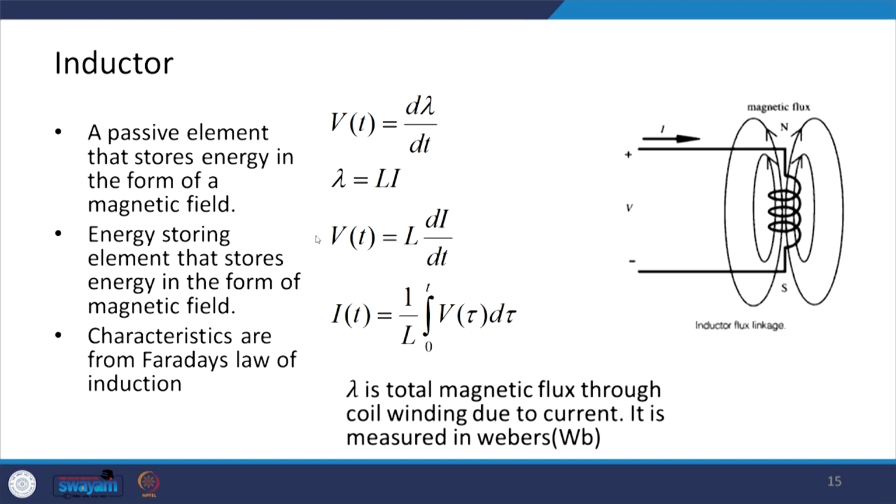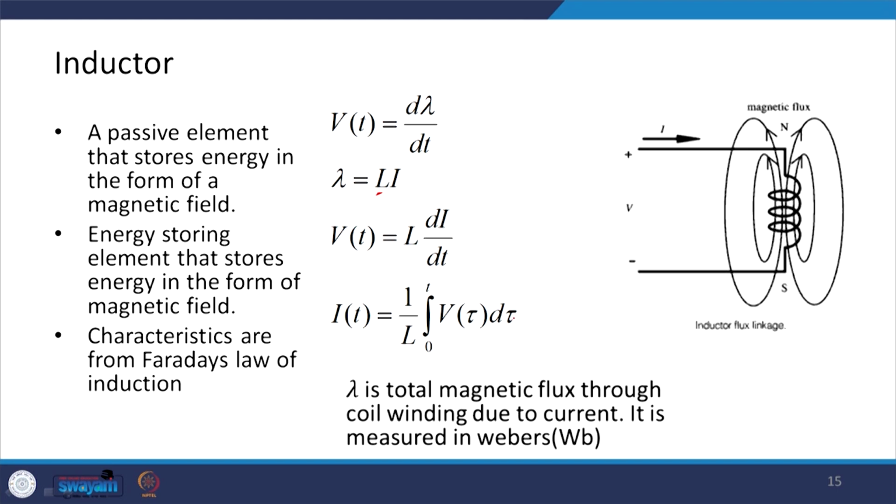So, Faraday's law of induction says that the voltage is dλ/dt, where λ is the total magnetic flux through a coil winding due to the current. Okay. And this magnetic flux is proportional to the current, and if I replace that proportionality symbol with a constant, we define the inductance of the material, that is L. Okay. So, we have v(t) = L di/dt,